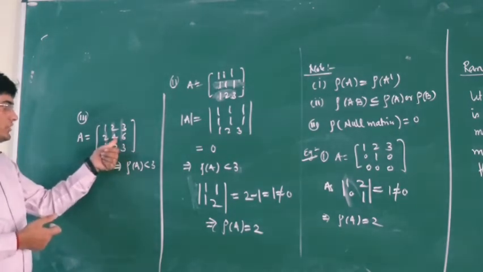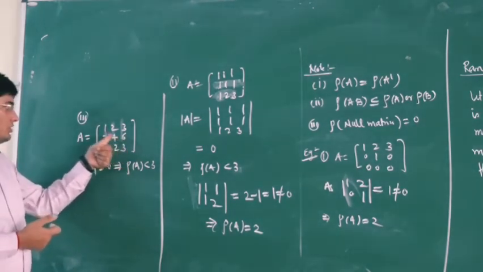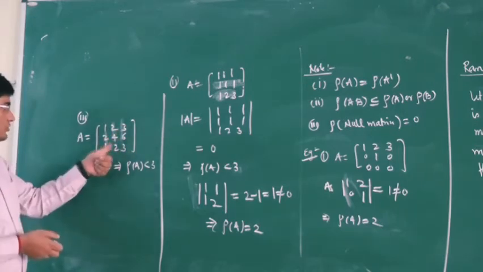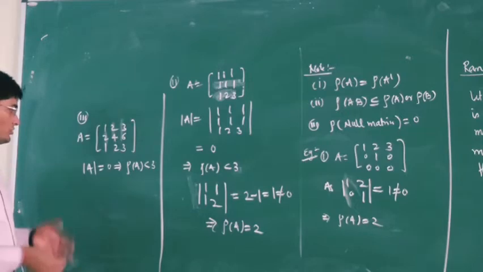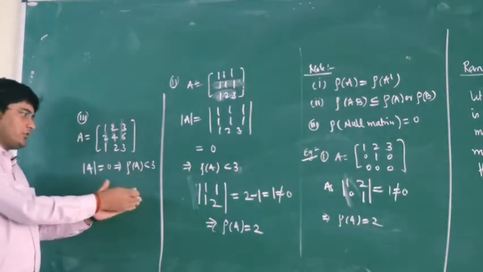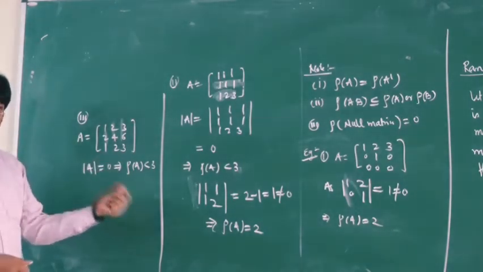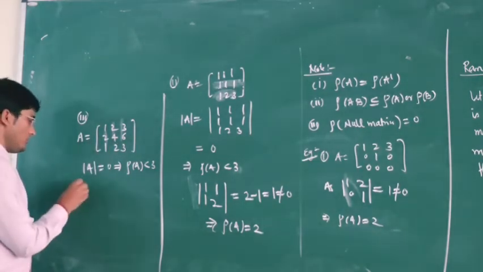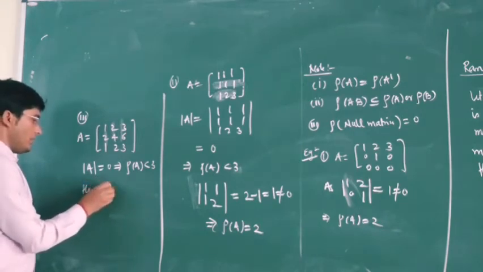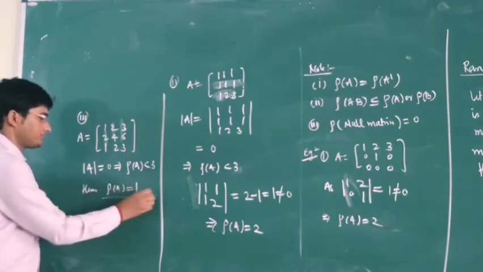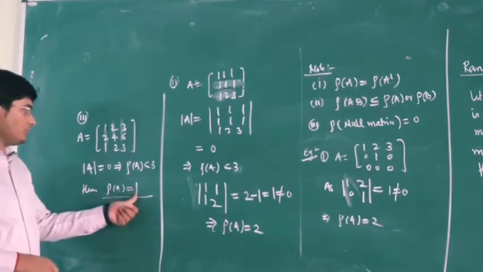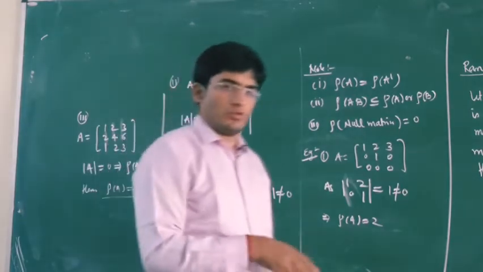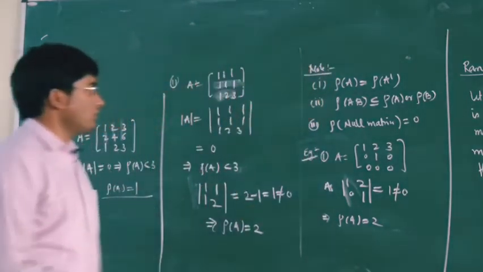Take this term, this is your 12, this is your 12, so it is 0. This is your 4 minus 4, it is 0. 12 minus 12 is 0. And if you want to take this 2, then again it is 0. So the rank of A cannot be 3. Again rank A cannot be 2 because we do not have any non-zero minor of order 2 cross 2. So here our rank of A is equal to 1, because we do not have any non-vanishing minor of order 3 and order 2. So this is your rank of the matrix.